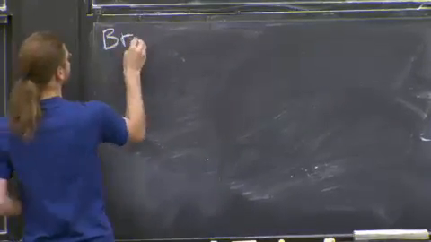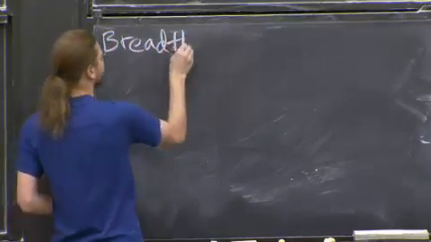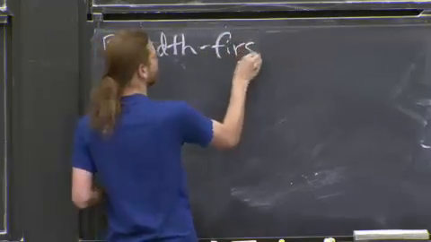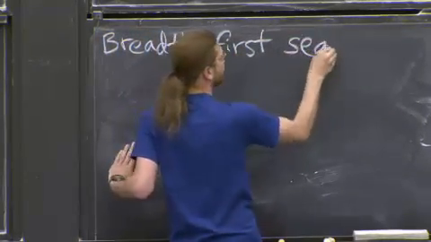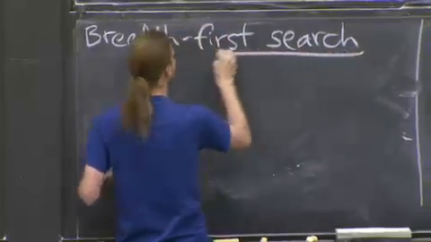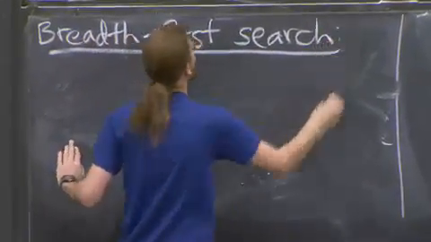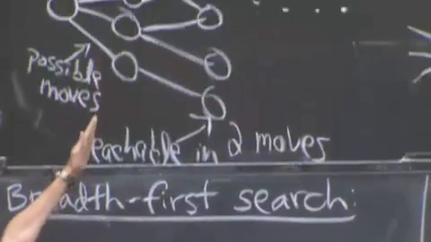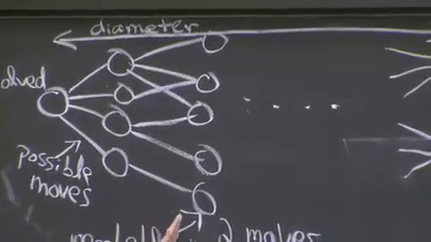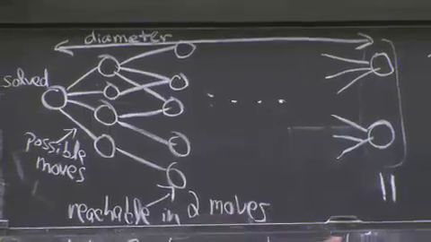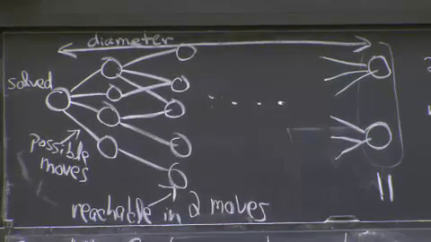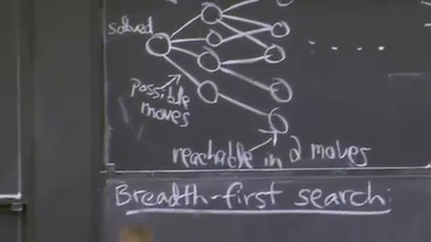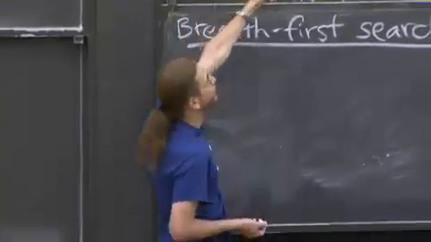So let's do an actual algorithm. Just breadth first search. So the simplest algorithm you can think of in graphs, I've already outlined it several times. You start at some node. You look at all the nodes you can get to from there. You look at all the nodes you can get to from there. Keep going until you're done. So this is going to explore all of the vertices that are reachable from a node.